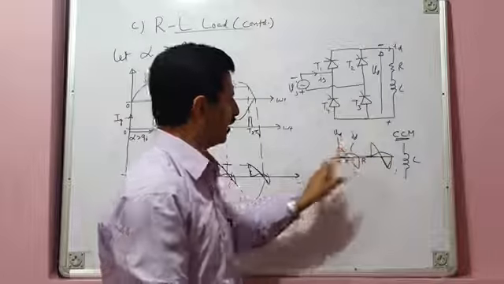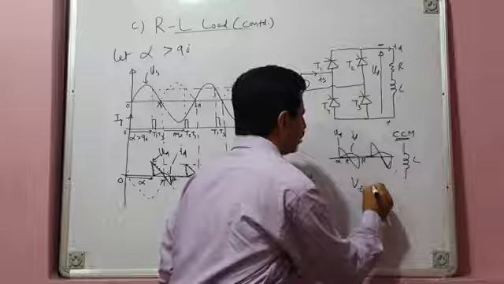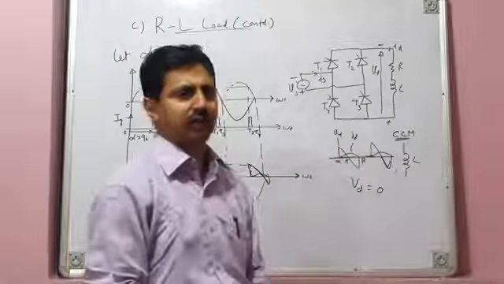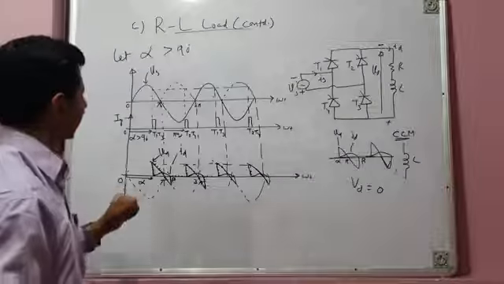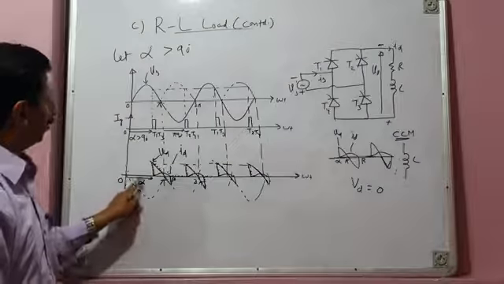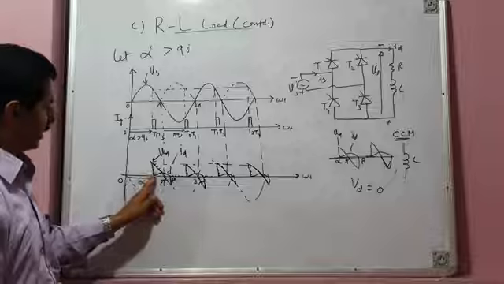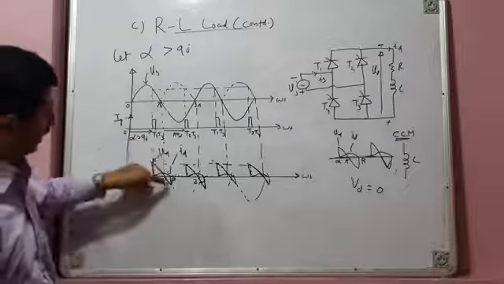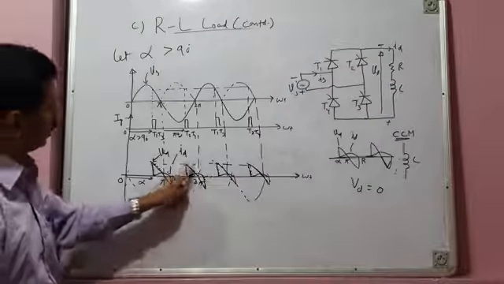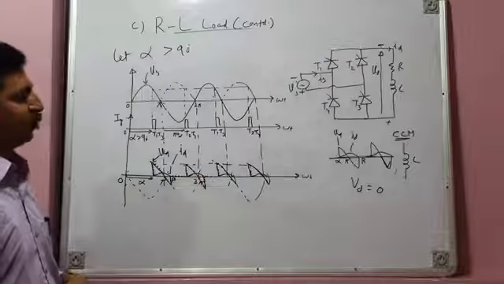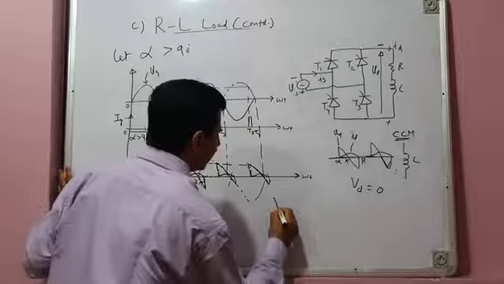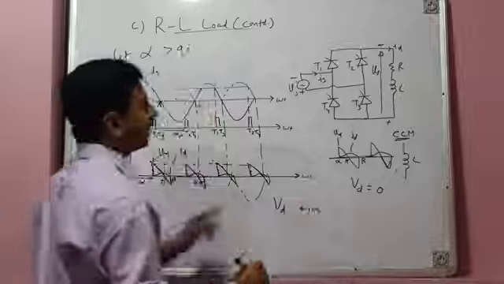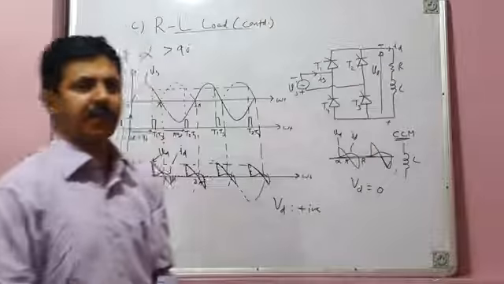The two areas are equal, so again here we can say average load voltage is zero, because the positive area and negative area are equal. So average load voltage is zero. That is not the case with RL load. With RL load, you can see positive area is slightly more than negative area. Similarly here, positive area is slightly more than negative area, so average load voltage is not zero, it is positive. It is again because of the presence of resistance R.